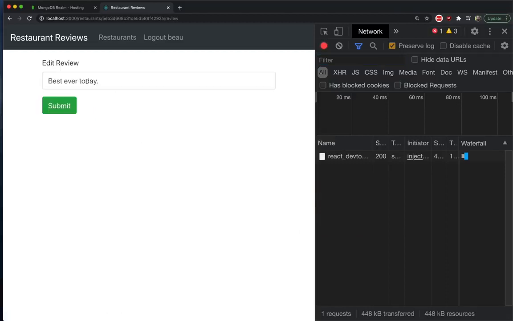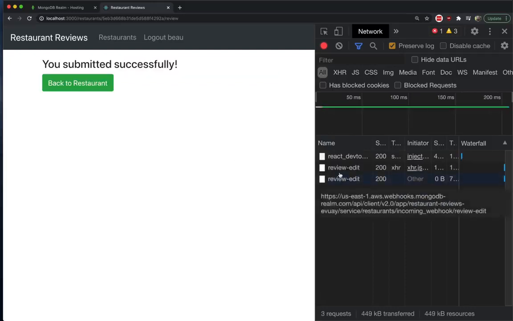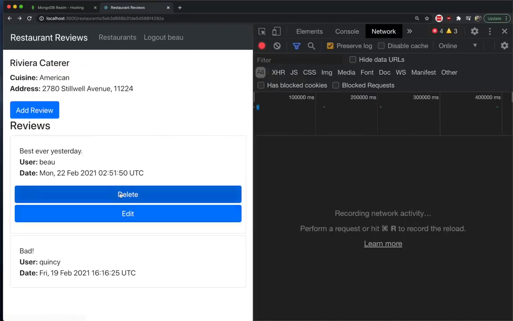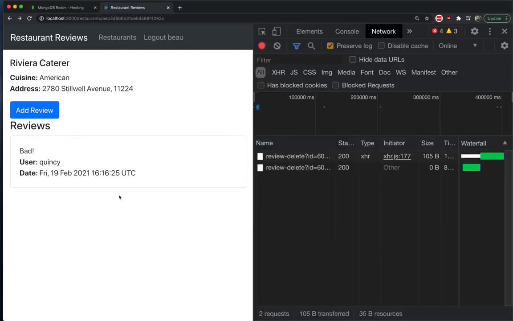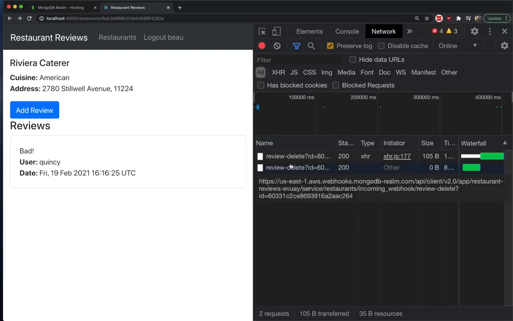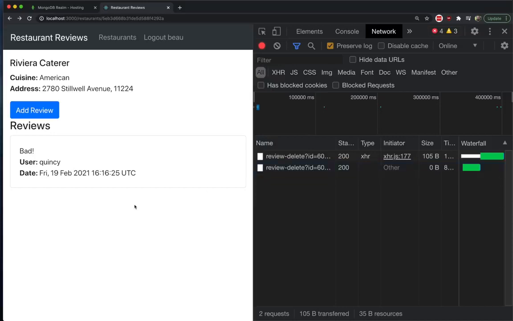So edit, and best ever yesterday. Submit. And then you can see, yep, it uses MongoDB Realm. Okay, let's see if it deletes right. And deleted, and yep, it's at the restaurant view, it's at the MongoDB Realm URL, and we're able to successfully